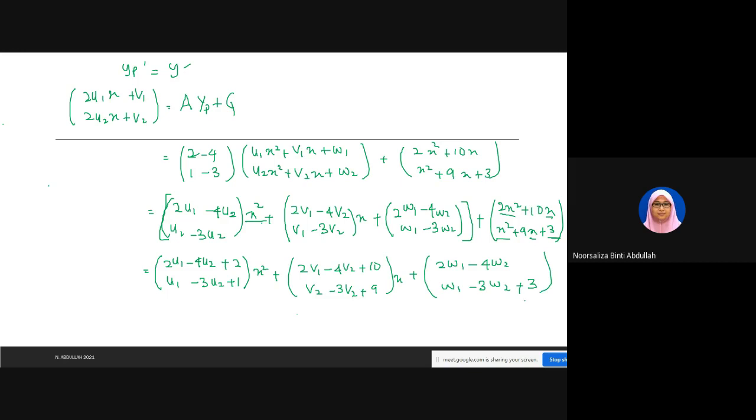Up to this step, do you understand? Okay. So this one we already separate x square, x and constant. Now at the left side, we separate x also. Here you have 2u1, 2u2 x plus v1, v2. Then you compare the right side and the left side. Left side, do you have any x square there? No. Then this one will equal to